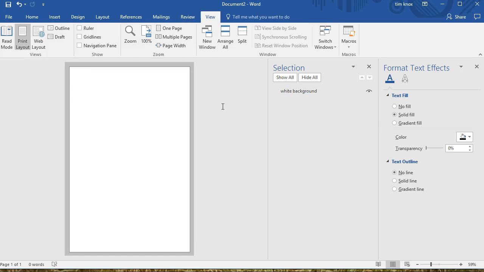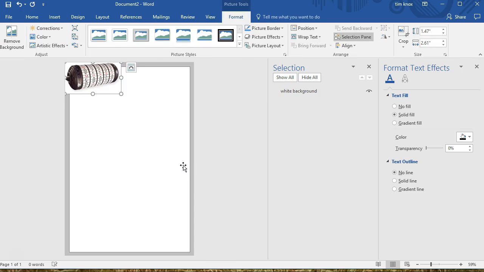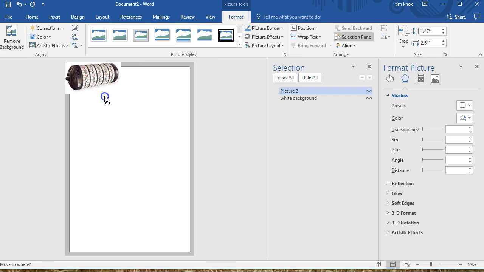Now, the color scheme for this cover is red. Let me bring in the image that I'm going to use, and from that image is where I'm going to get my color scheme. So I'm going to go Insert, Pictures, and this is the image for the book. This is actually called a codex, and it is representative of cracking a code. So first thing I'm going to do is label it Codex,